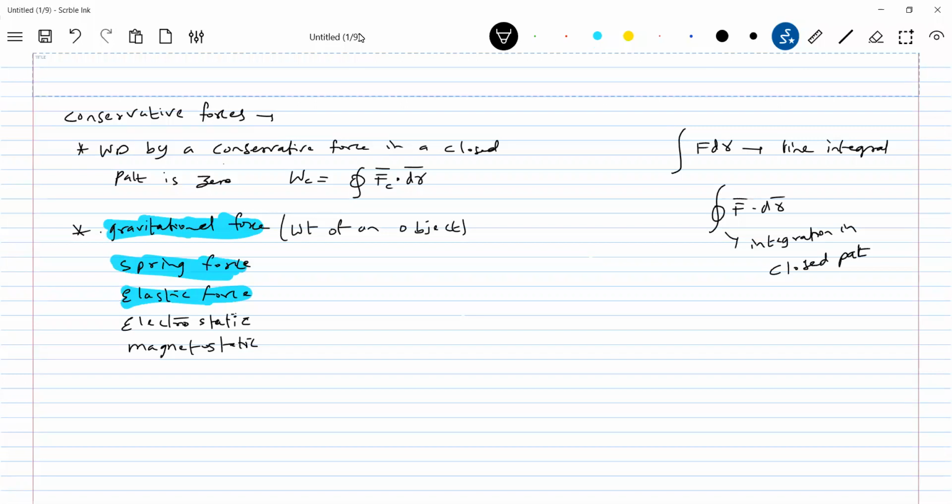Now these are the examples. So what is the mathematical way of finding out whether a given force is a conservative force? Here, curl of F bar. If it is equal to 0, then F bar is a conservative force. What is that curl operation? It's a mathematical operator, like how we have cross product and dot product. Similarly, we have an operator called the curl operator. So curl of F bar.